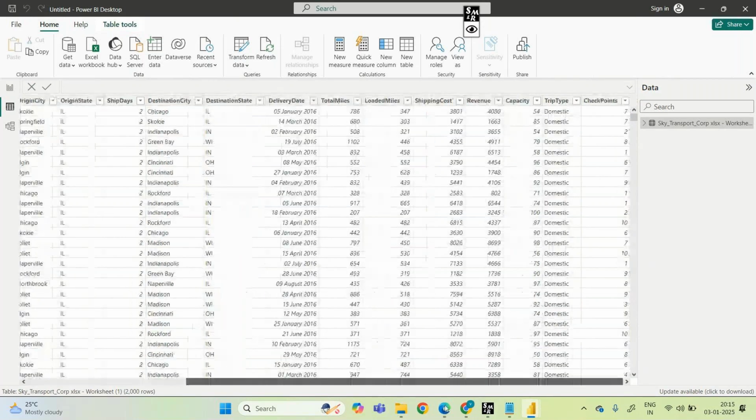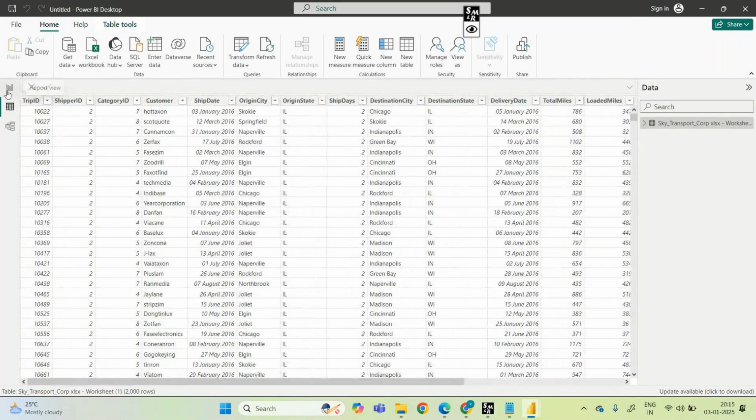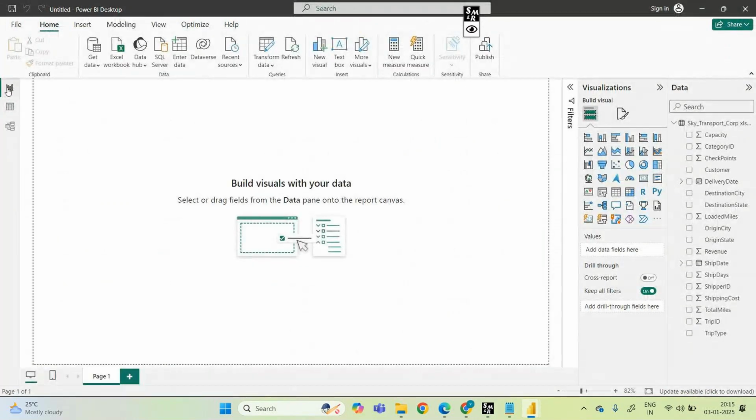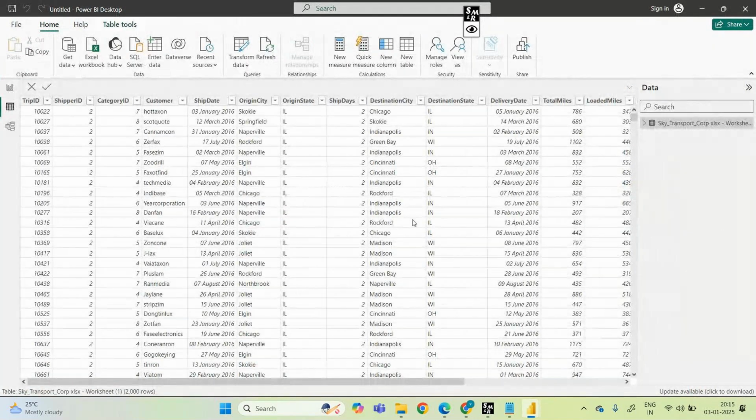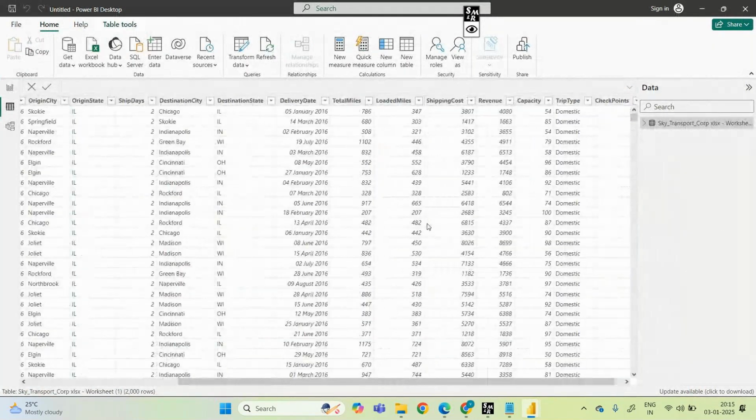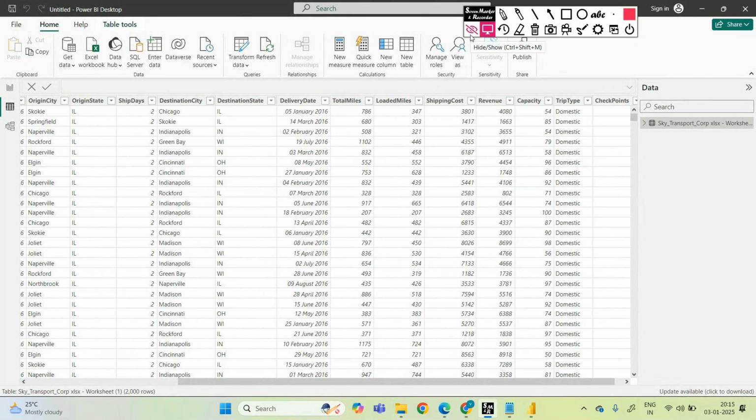Suppose I want to see, among this data, the revenue for a particular destination state. Consider two columns here: revenue is one column and destination is the other.